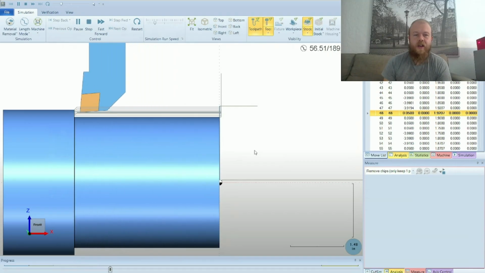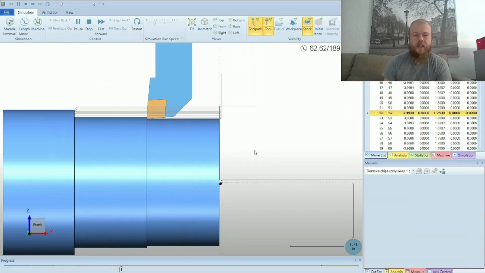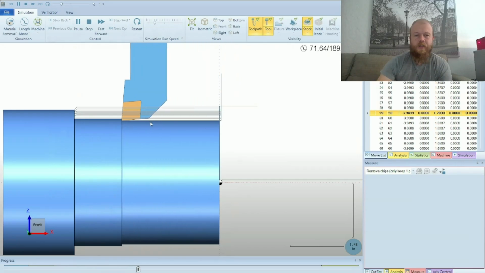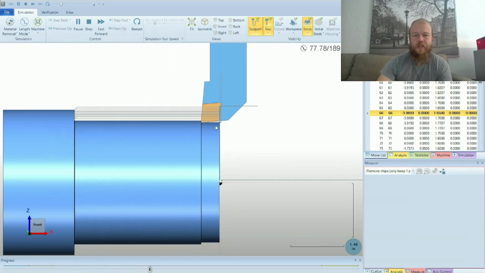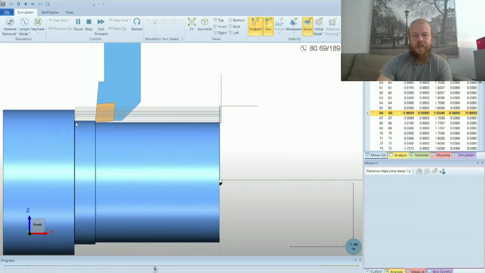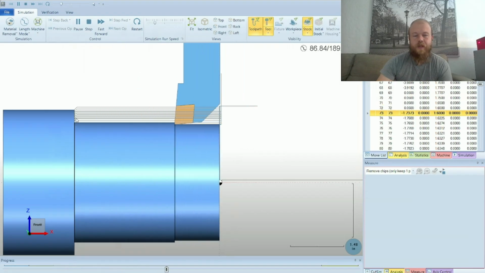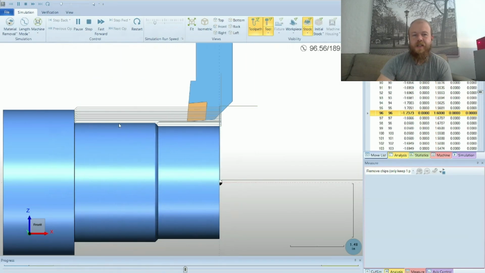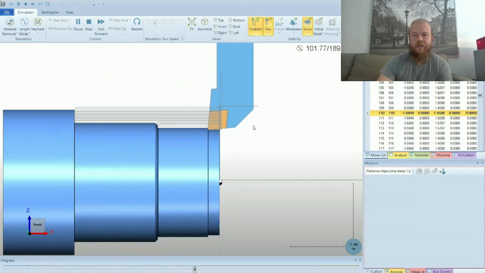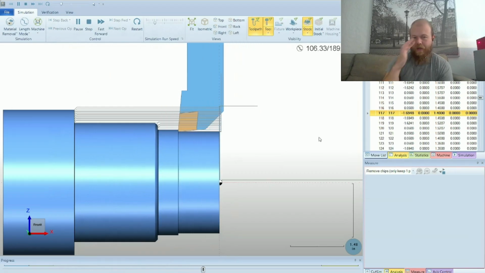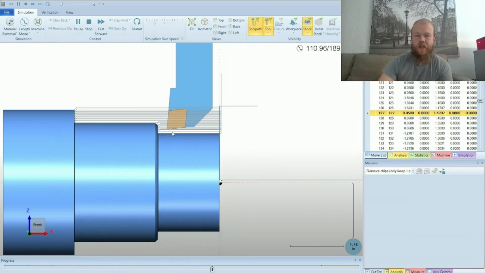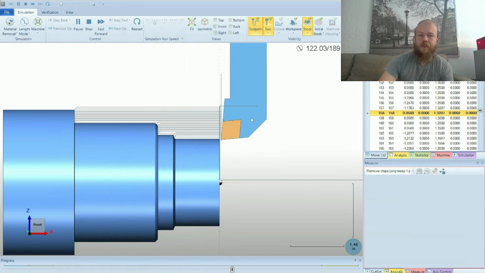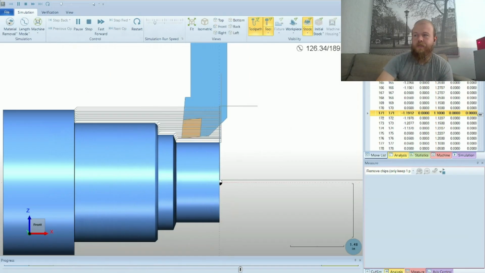And then the first topic I'm going to go over is we can see the tool travel here going across with the roughing operation for each pass. Yes, it will come up and out of the stock and then move across every time. But let's say we're running across the stock long ways like this, and there's a lot of built-up material at the tool. Well, we have an option now in our newer versions of how to limit that. If I close out of simulation,